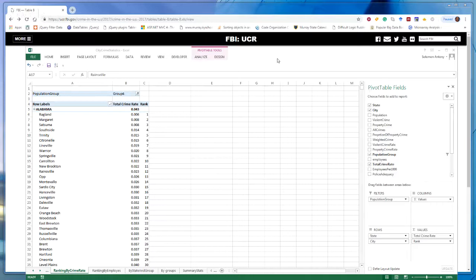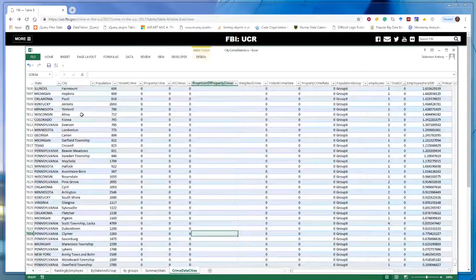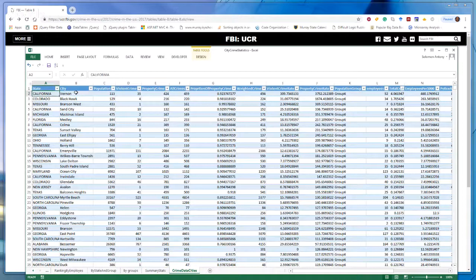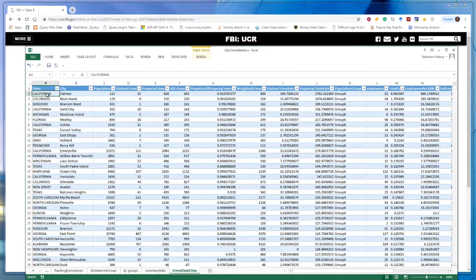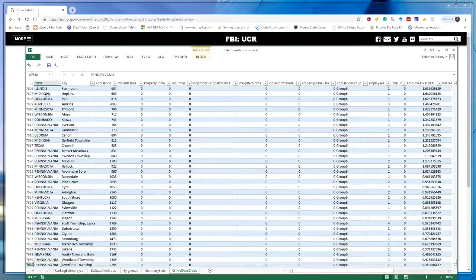So the same data, I could bring it to Excel. And so here it is. In Excel, this is set up as a table, and the table has these little drop downs here. You can pick and filter, and you can sort and all that. That's really convenient. This one has 7,640 records.